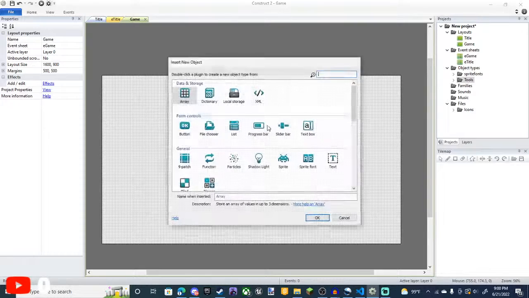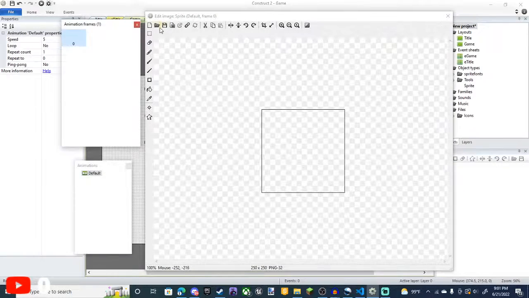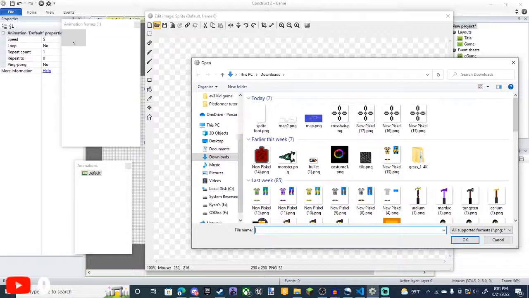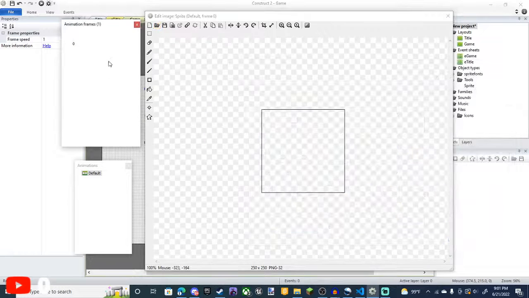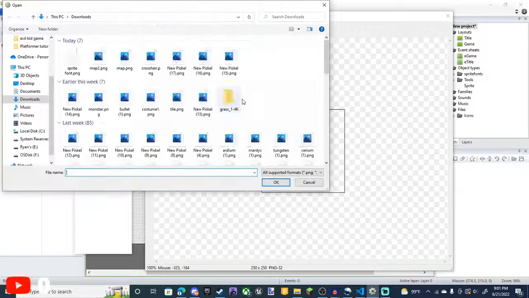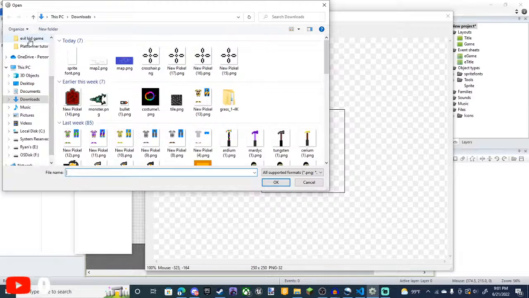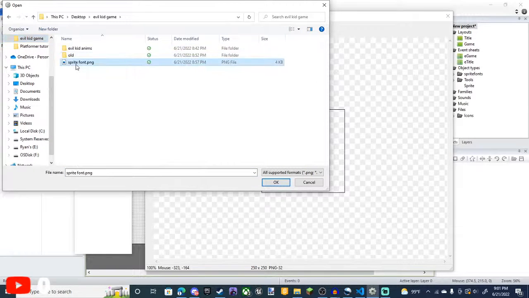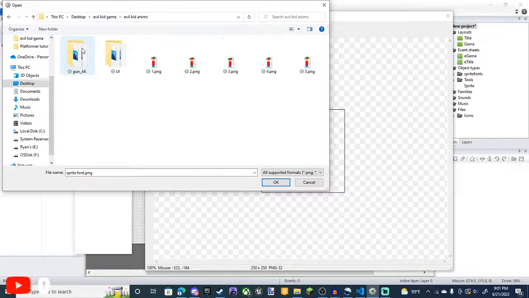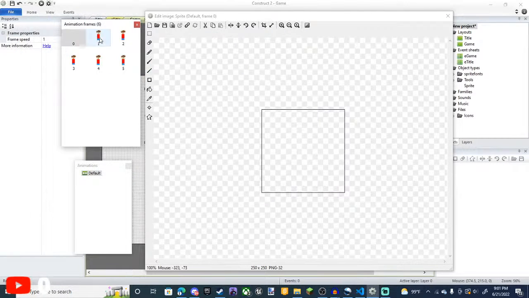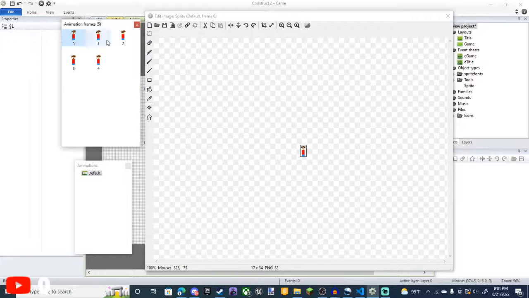Let's create a new object, and it's going to be a sprite, and we're going to import a bunch of stuff. Import frames from files, and I'm going to go to Google Game, delete this, anims, and we're going to do all this. Boom. And just like that,